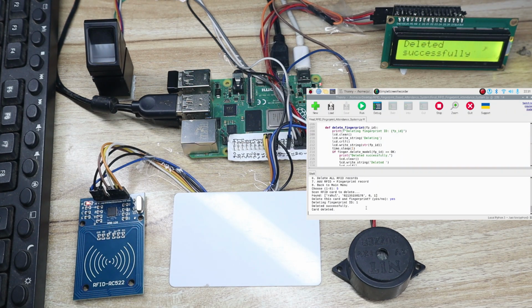Now again we can see how many records are available. RFID card deleted. Now show all the RFID records, that is the 4th number option. You can see only the Pranali record is available. Now if you want to add Rahul's information into the database again, you can go to the